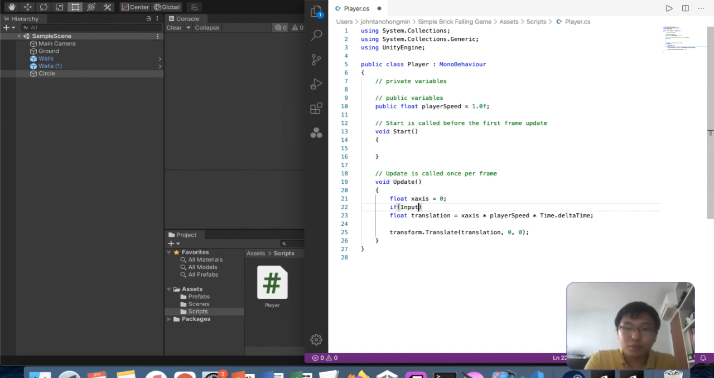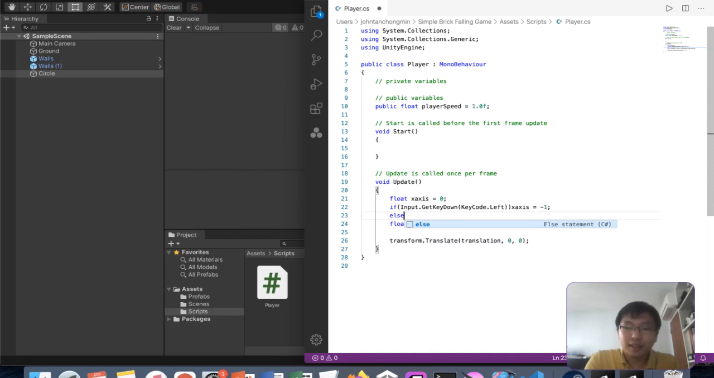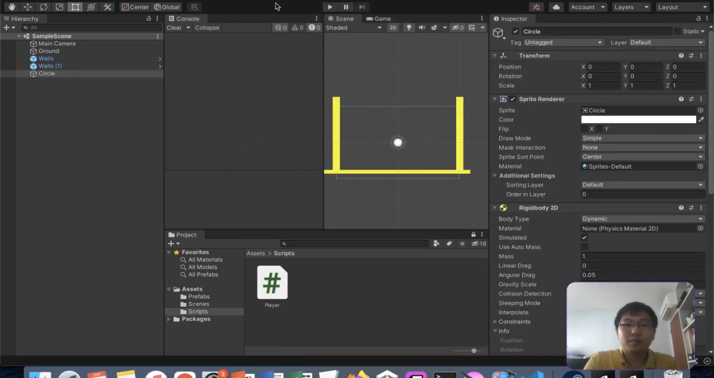If input dot get key down, key code dot left, we could do this, then x-axis equals -1. Else if input dot get key down, key code dot right. So if we press the left button then x-axis is -1. If we press the right button, our x-axis is +1. And when we do this whole thing here,